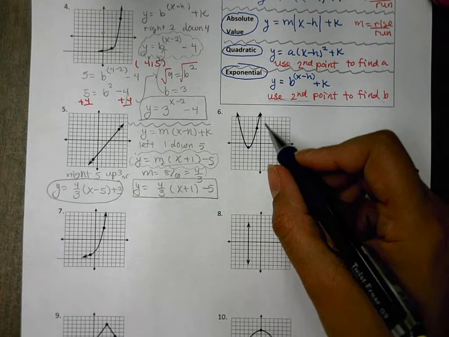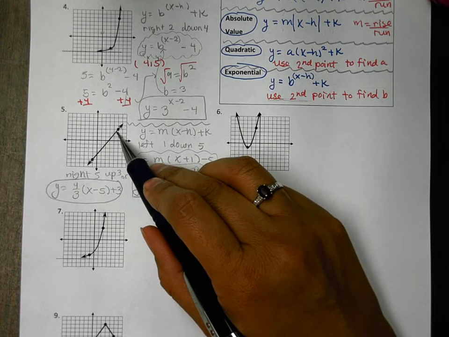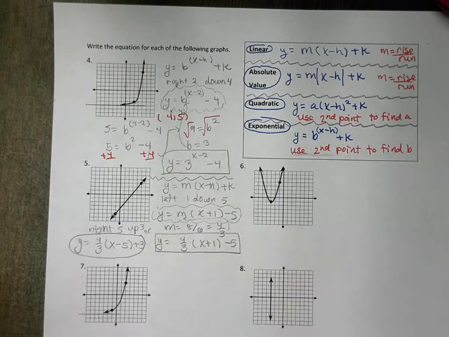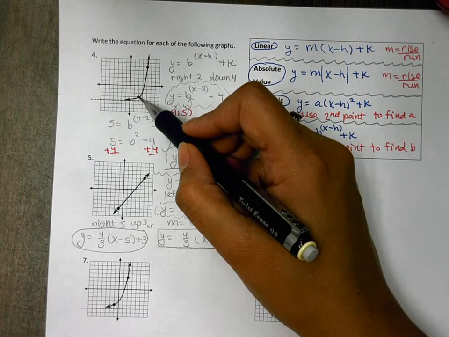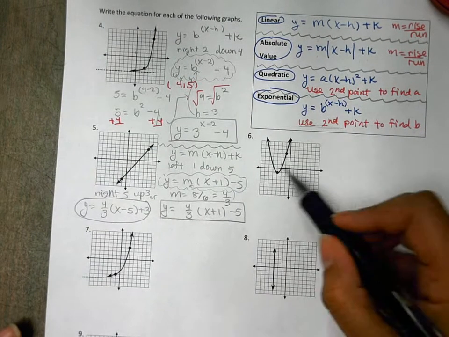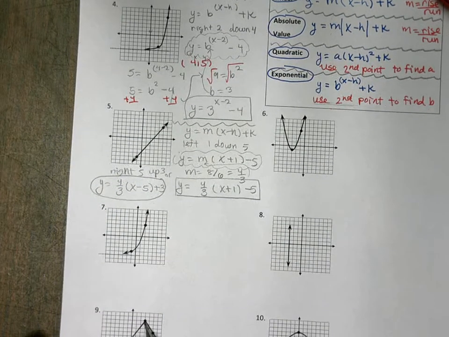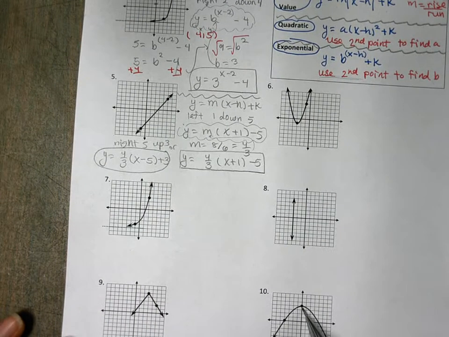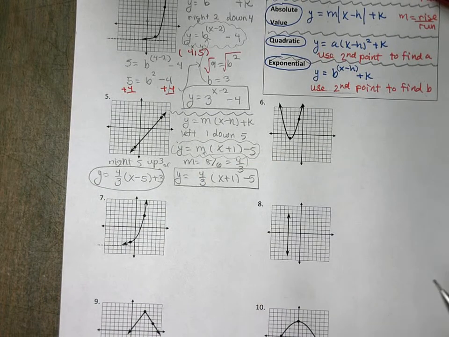Now, it's only with linear graphs that you can choose where your start is. That's the only one. Everything else has to have a start. Like here, your start's always the lower one or the one to the left. Here, it's always the vertex, the pointy piece. That's true for everything except for a linear graph. The linear graph, you pick a point and it doesn't matter which one. Okay,